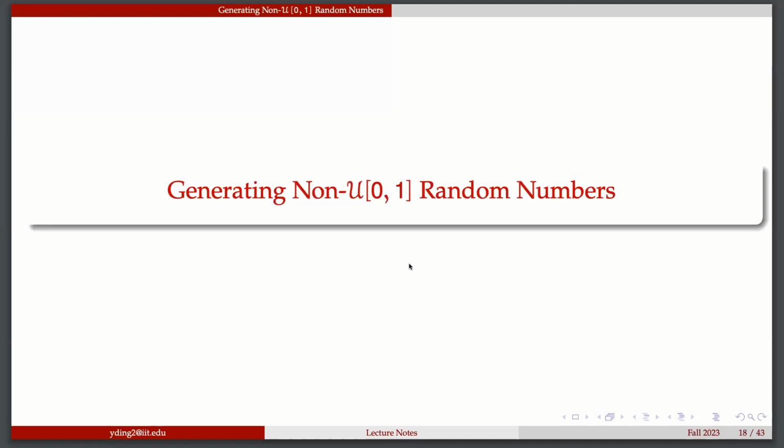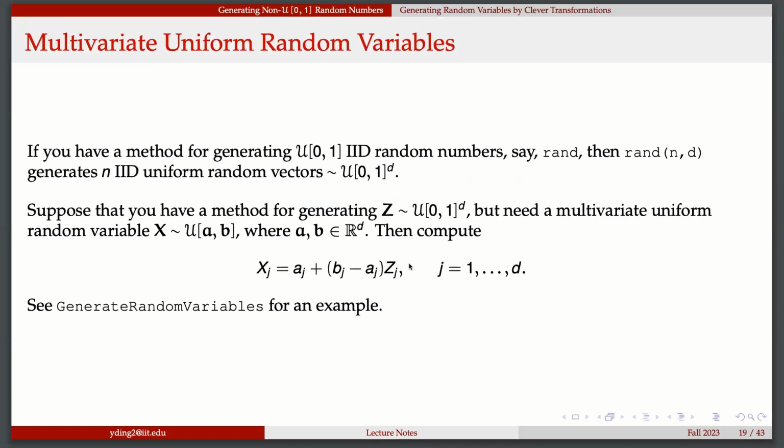Okay, then we move to an important part, which is to generate non-uniform random numbers. Because we play a lot with the uniform on 0, 1, and of course we know how to generate that. So that's the basic case. And if we can choose a big or large M, then we can always generate the standard uniform. And then based on that, we can generate some other random numbers. So that's the case we want to do.